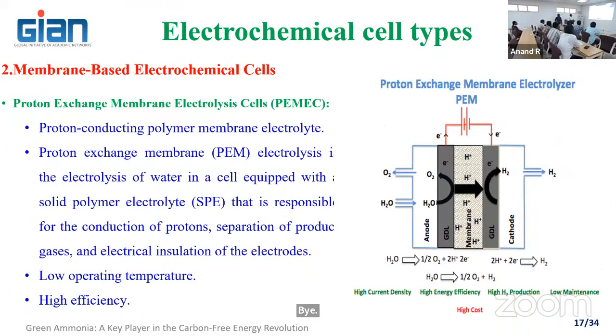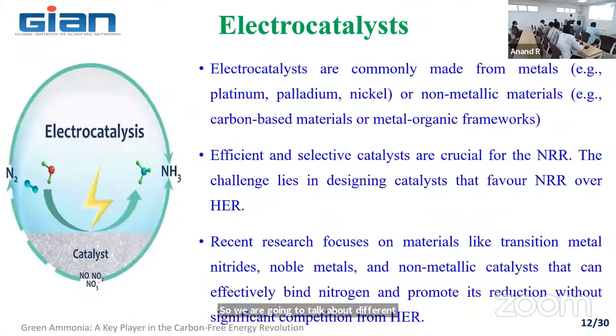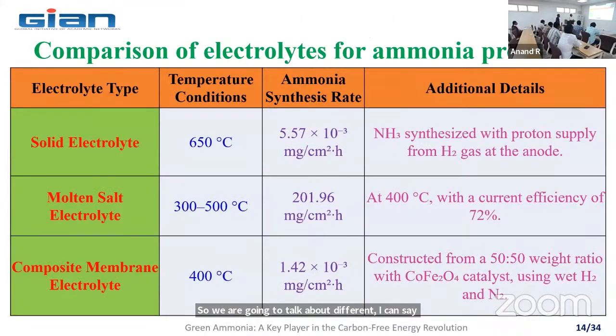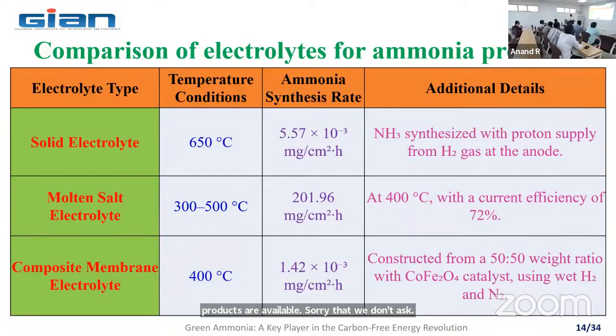So we are going to talk about, after the catalyst, the different electrolytes. There are 3 components that play a major role: the anode, cathode, and electrolyte. The selection of the electrolyte also plays a major role in converting water into hydrogen or converting water into ammonia. There are several electrolytes available: solid electrolytes, maybe nitrate-based or sulfate-based electrolytes, and